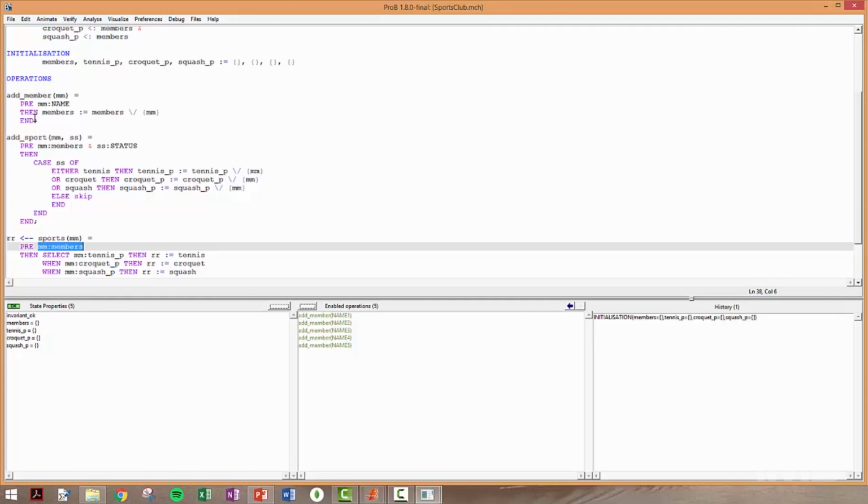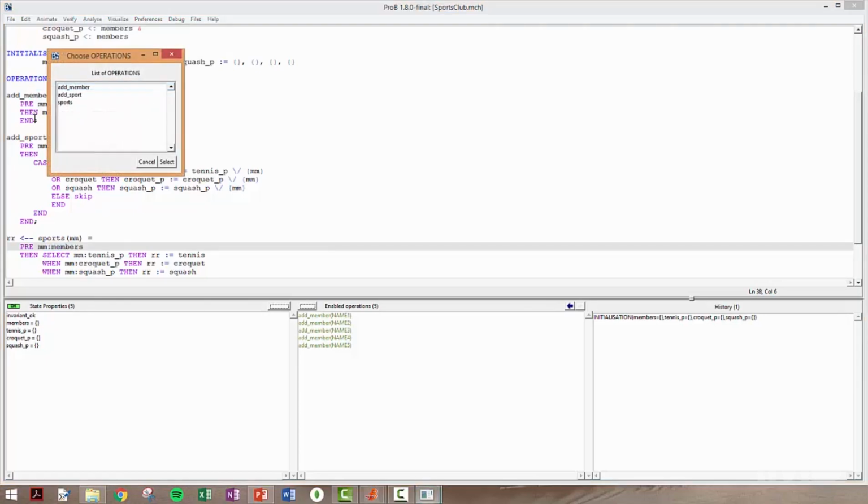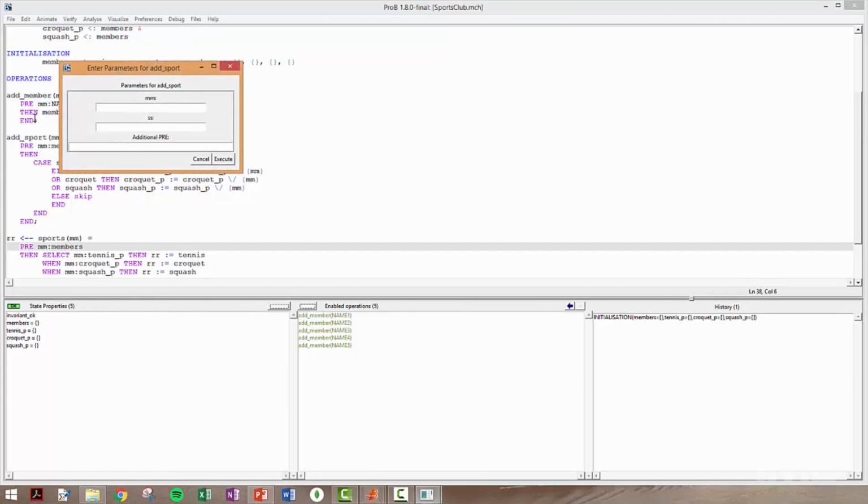We can, however, using ProB, try to force the invocation of an operation outside this precondition. Or we can actually execute an operation. Let's say I want to add a sport to a given member, and as we know, we don't have members, but let's say I want to add